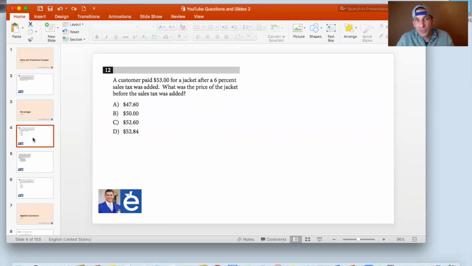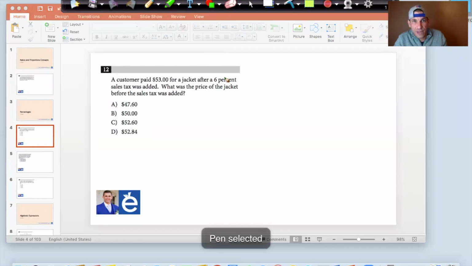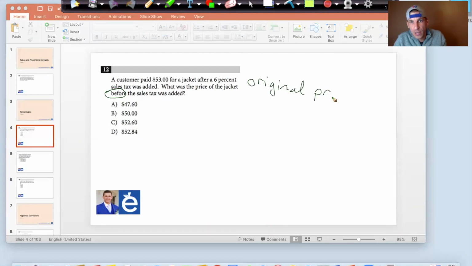So the first type of problem that we're going to cover is a percentage problem. It says here, a customer paid $53 for a jacket after a 6% sales tax was added. What was the price of the jacket before the tax was added? What you really want to pay attention to is that it asks for the price before the sales tax was added. So this is referring to what you would call the original price. And the equation you're going to want to recall is that the paid price is going to equal your original price